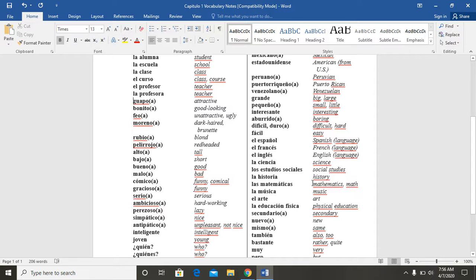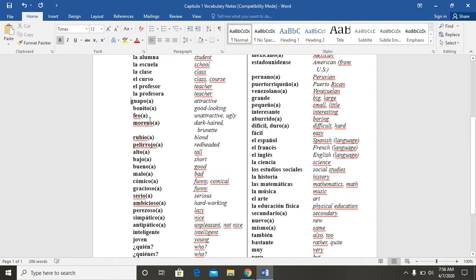If I didn't give it to you as a Word document, I will change it for the next time. But you should have it as a Word document, so you can edit this stuff however you feel it's helping you. You can highlight the ones that we do. You can put numbers next to the vocab words that we are using the most.